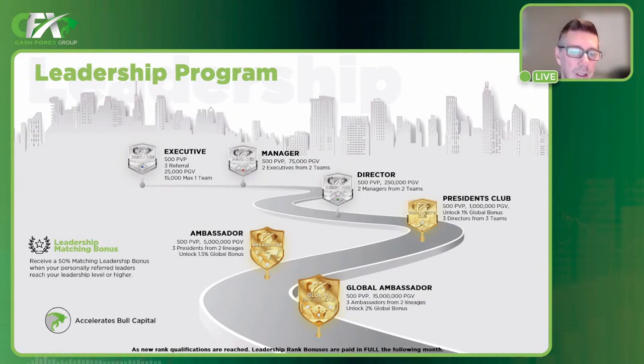The balance has to come from a combination of all the other teams added together. Now, when day 30 comes, if you're just a little bit shy of your 25,000 group volume requirement, not a worry. Day 31, new volume from team growth is added and the volume from day 1 falls off. Day 32, new volume is added, volume from day 2 falls off. So it's always a fixed 30-day window that rolls along until you reach your 25,000 in group volume,